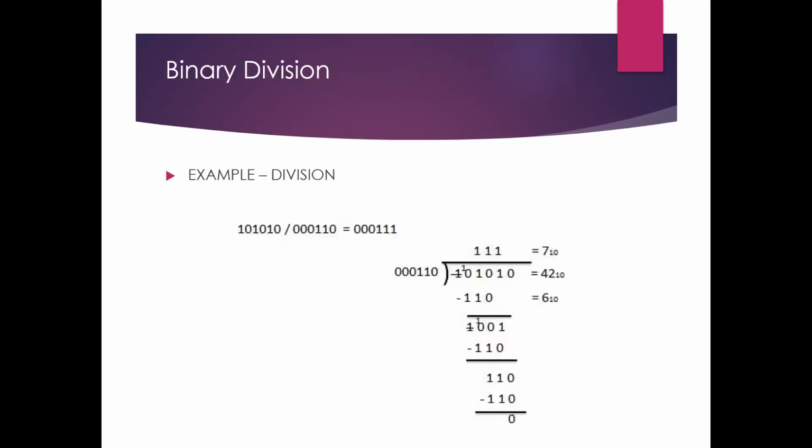Moving on to the last arithmetic operation in binary number system, that is division. This number is to be divided by this number, right? Whereas the value is this. Anyway, let's take first this number to be divided, that is 1, 0, 1, 0, 1, 0. It has to be divided by 0, 0, 1, 1, 0. Obviously, this left side zeros do not have any value. So, let's take this 1, 1, 0 into consideration and divide.